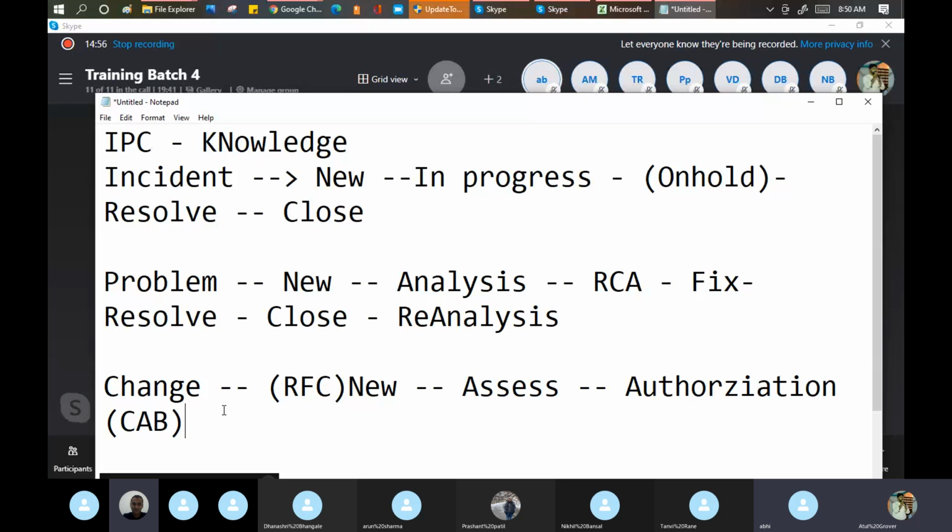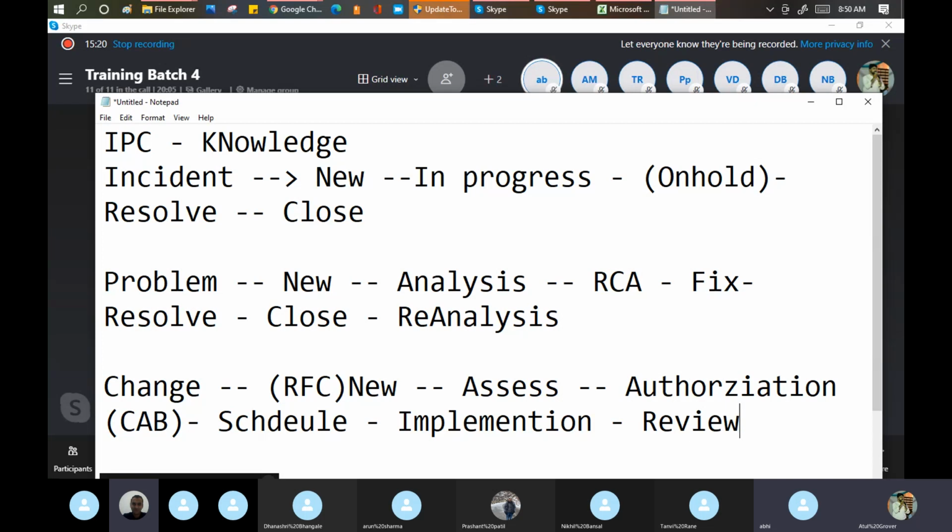When you get the final approval, you schedule your change with the vendor. After 1 day, I will come and hand over the scooty to you. He will start implementing, and it will take 2 days. After 2 days, you take a test ride, review, and after that, you give the payment and the change is closed.